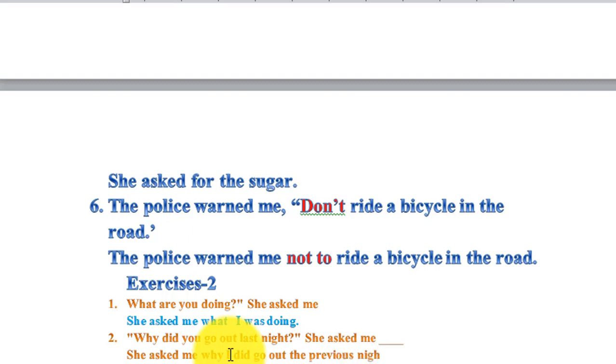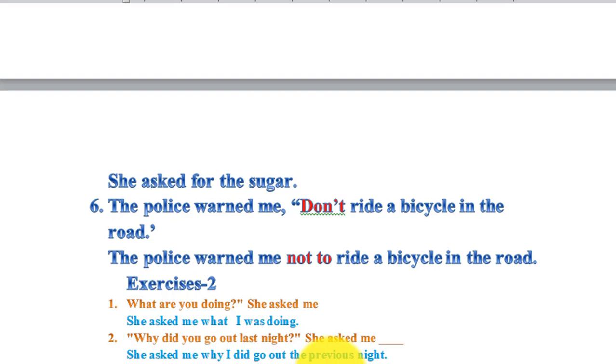ይሄው ልክ እንደዚህ አድርጌ ሪፖርት አደርጋለሁ ማለት ነው። አንደኛው መንገድ ይሄ ነው። ሁለተኛው እንደዚህ ልናደርግም እንችላለን። She asked me እንዳለ አስቀምጬ፣ she asked me why የሚለውን ነገር አስቀምጣለሁ። Yes, why I had done. ሌሎቹ ነገሮች እንዳሉ ይሆናሉ ማለት ነው።